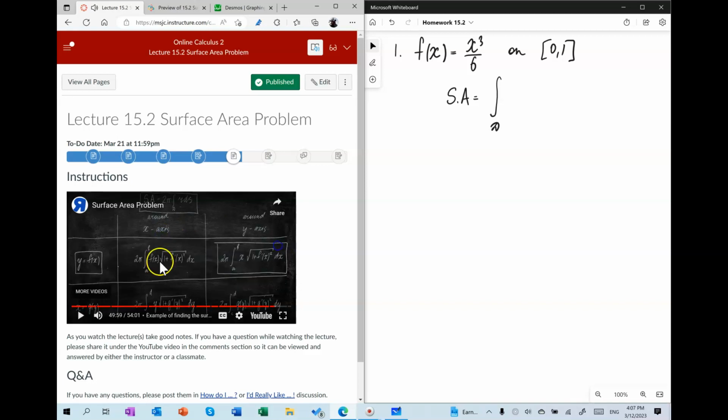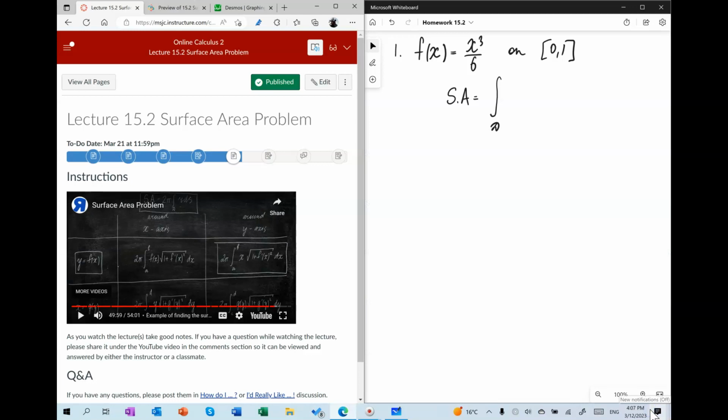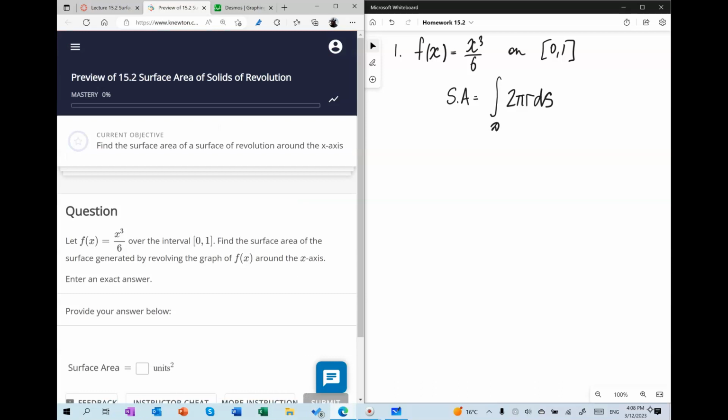This is the formula. Let me just show it to you for a second. And these are 4 different ways to interpret it, depending on what function is given, how it is given, what is the interval, and how is it rotated. So this is the formula, and I'm going to write it here as 2 pi r ds. And in our particular case, we are given a function and it is rotated around, we really need to pay attention to that, it's rotated around the x-axis,